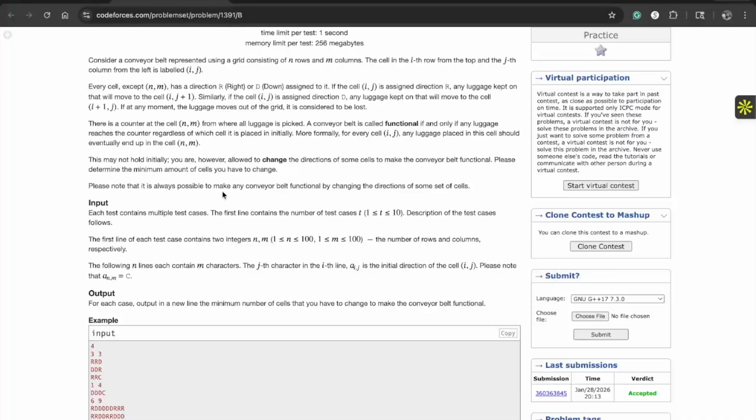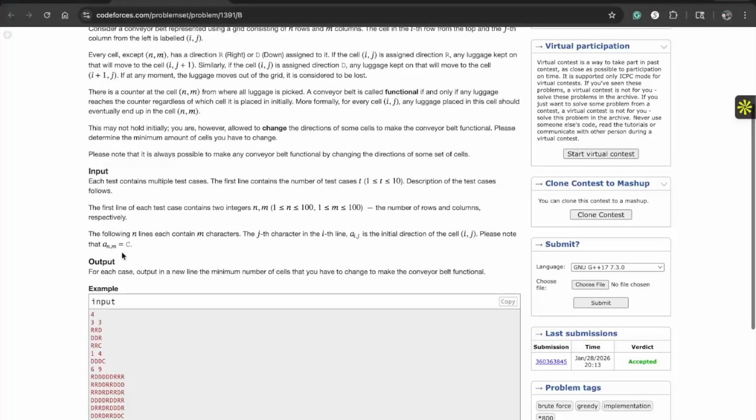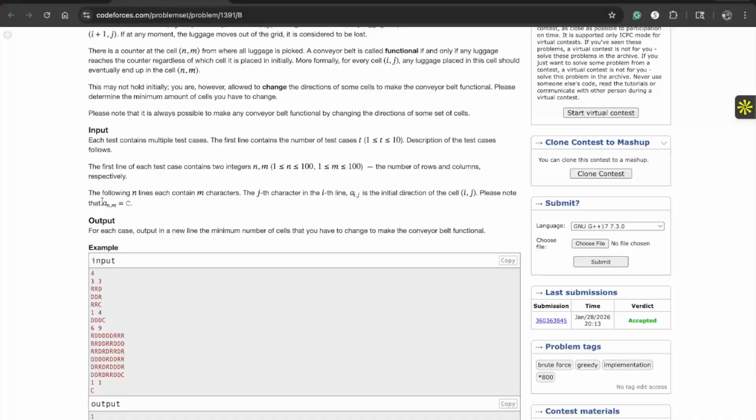In our inputs, we have t, which is the number of test cases. For each test case, we have two integers n comma m, which will tell us how many rows and columns there are on the conveyor belt, and they will also be our final position where the bags should end. It says that a of n comma m is C, which is the end of the